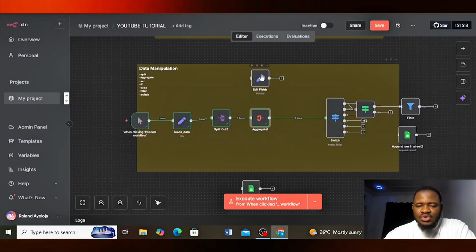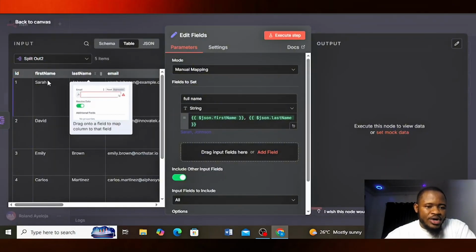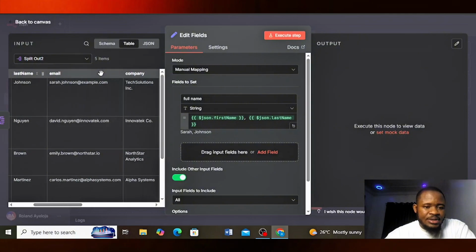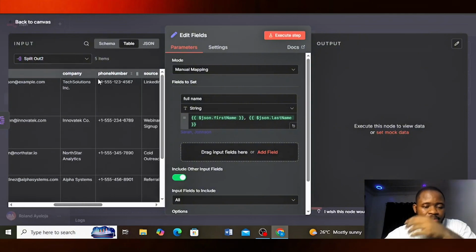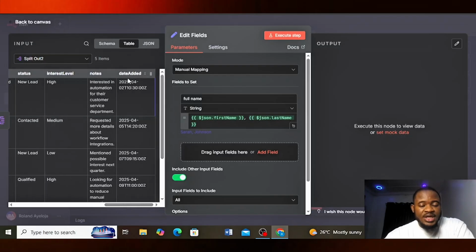Now, we have edit fields. The edit fields node is a very useful node essentially. Edit fields allows you to formulate and also manipulate data. Let me explain what that means. If we look at the data set entering this node, we have ID, first name, last name, email, company, phone number, and so on. But we don't have any header that is a full name. Now, to create a full name field,